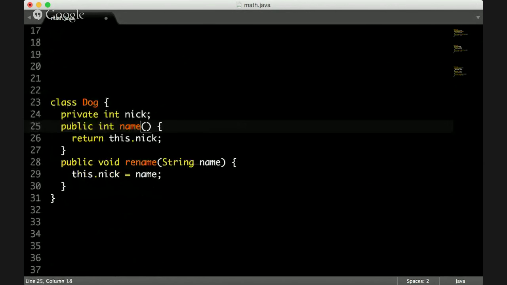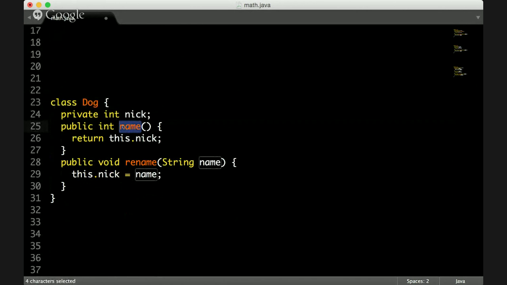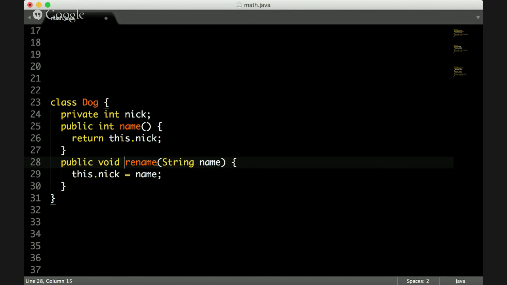I'm just suggesting to change the name from get name to name, and from set name to rename. That's the only thing. What I'm saying is that just using these set and get prefixes is the problem.